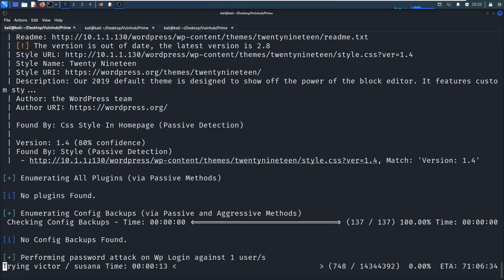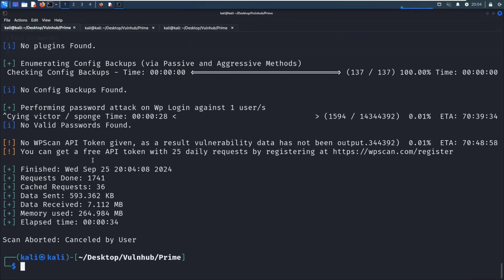But when I did the machine the first time, I spent a long time but failed to retrieve the passwords. To save time in this video, I'd like to stop this attack. So I think maybe it's not the right direction for this machine. And usually, of course, we can make more comprehensive or aggressive scanning with plugin.